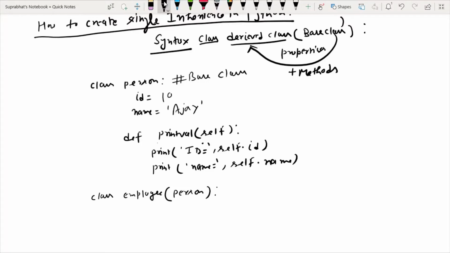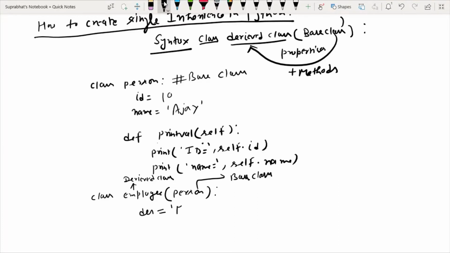So how do we write single inheritance? You write the class keyword, then the derived class, and this one is the base class. Now in the derived class I have taken another property, designation.